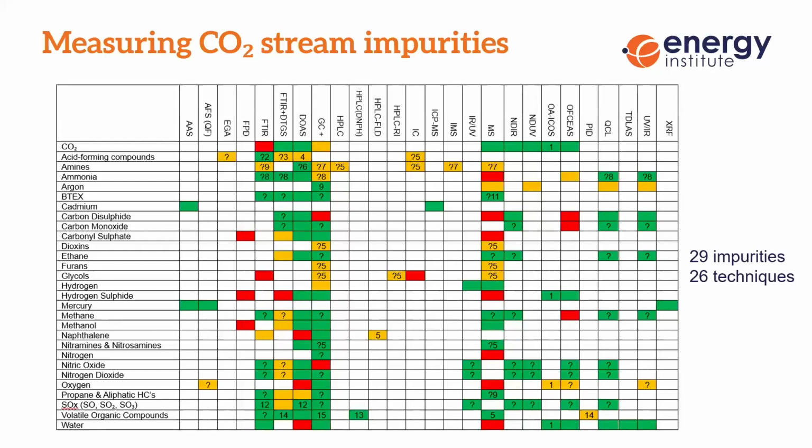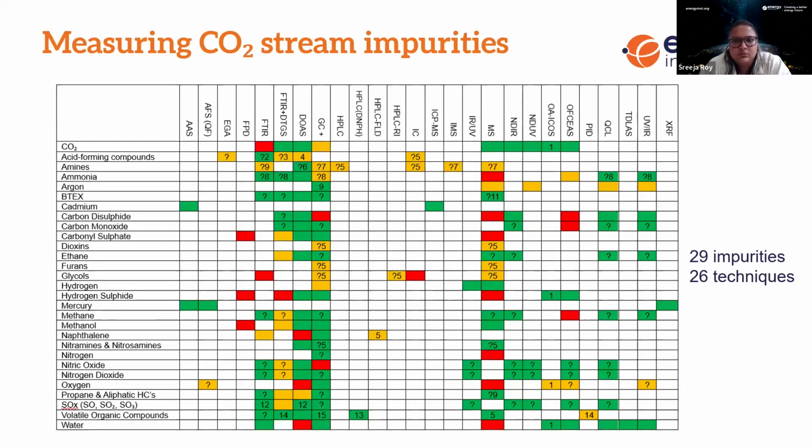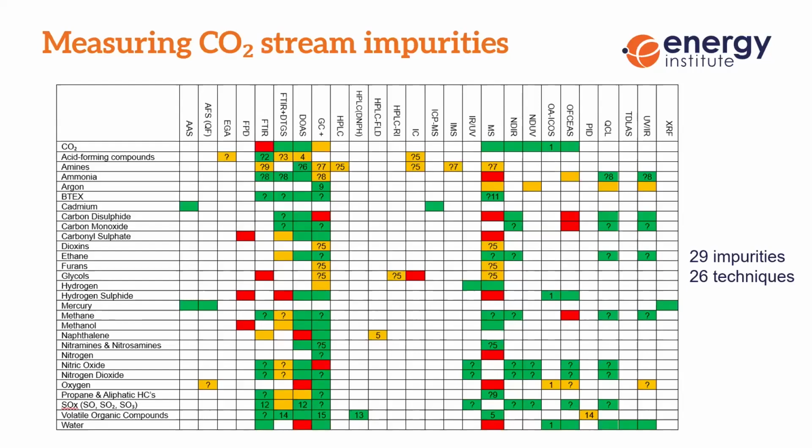If it's amber, it means it's potentially available for CCS applications. So that says that the methodology should be able to detect it, should be able to work, but is not currently, as it were, being offered. And if it's red, there are good reasons why that equipment is currently unsuitable for measuring the impurities in CO2 streams. And the reasons behind those are in the preceding sections of the report.